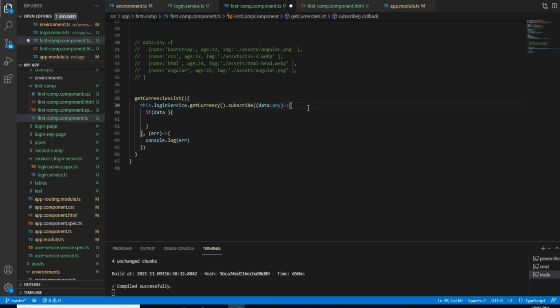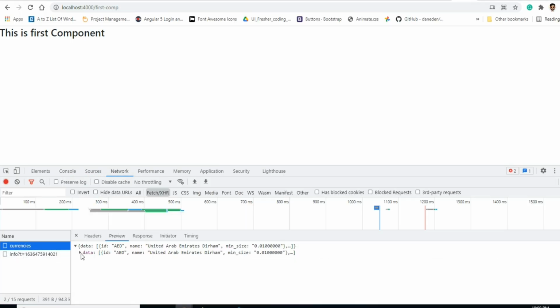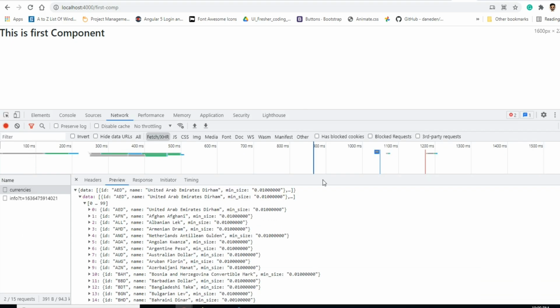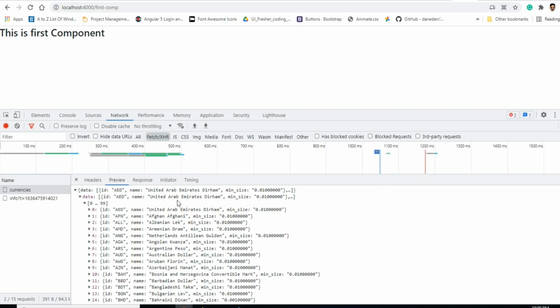Going to the network tab. So the data is an array. Okay, data itself is an array.